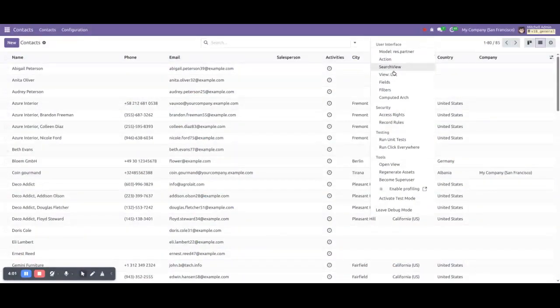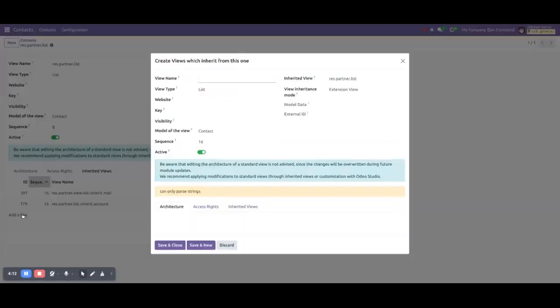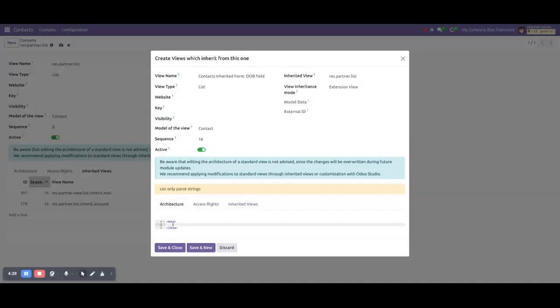can go here in developer mode, list view, and here you can see we can add anywhere. Let's say after this phone field we need to insert, right? So let's say contacts inherited form DOB field something, and data, XPath expr, field, name phone,